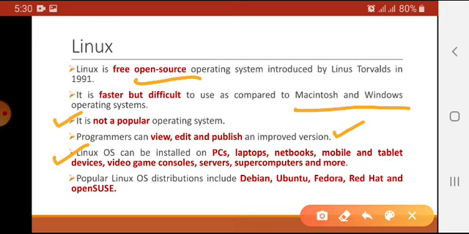And it can also be used on video game consoles, servers, supercomputers and many other devices. Some popular Linux distributions include Debian, Ubuntu, Fedora, Red Hat, and OpenSUSE. These are the different versions of Linux that are available in the market for use.